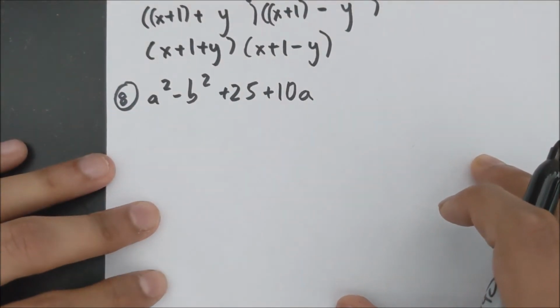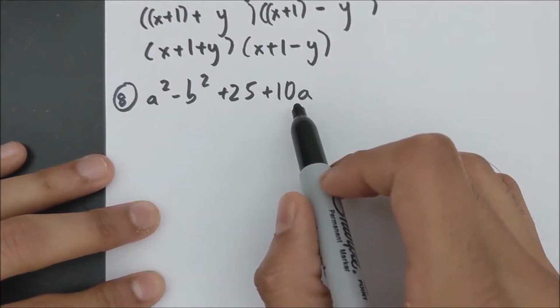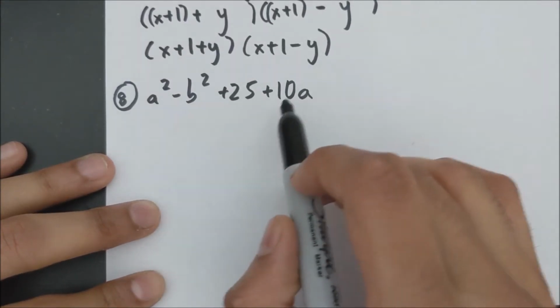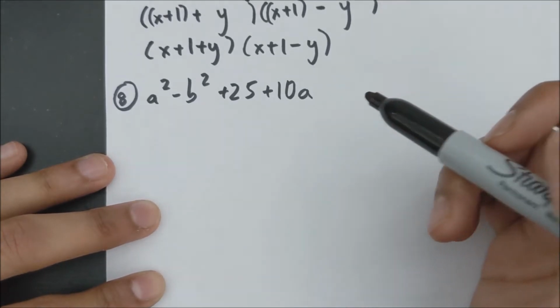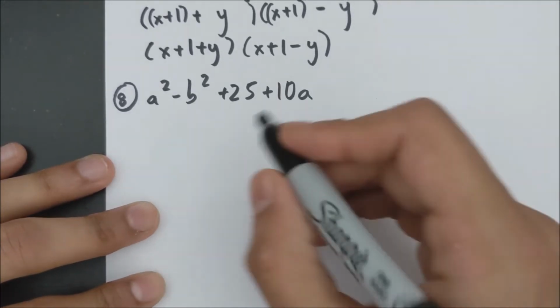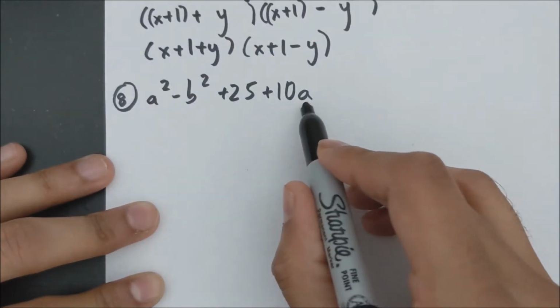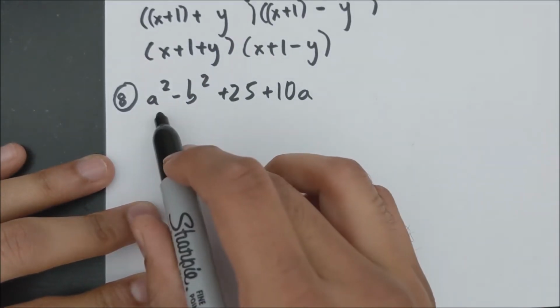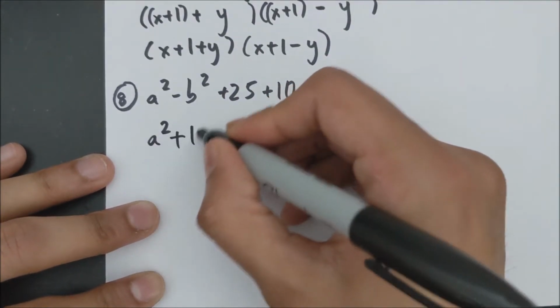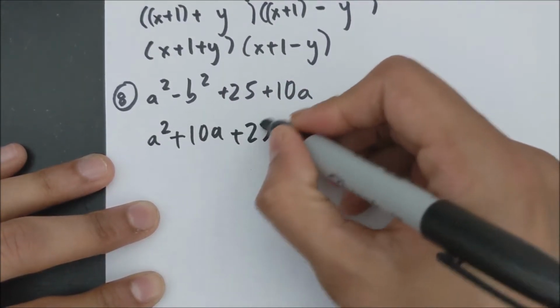Okay, and same idea in number 8. If I try to group, there's nothing that works here. Doesn't really work here either, so I know I have to do the trinomial method again, but the order is not good, so I'm going to start by rearranging it so that the a term is right next to this one as well. So I have a square plus 10a plus 25